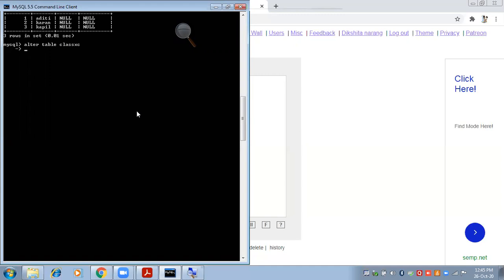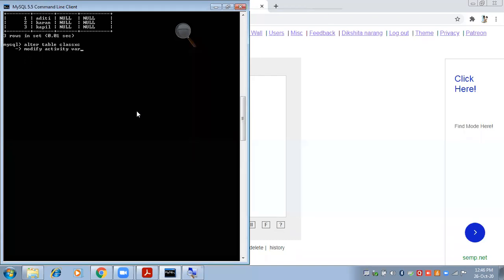Or maybe you want to change from integer to varchar, or from varchar to integer. So these changes also you can make. So we are going to modify only the size, modify activity, whatever it was earlier, now we want to give a new size.